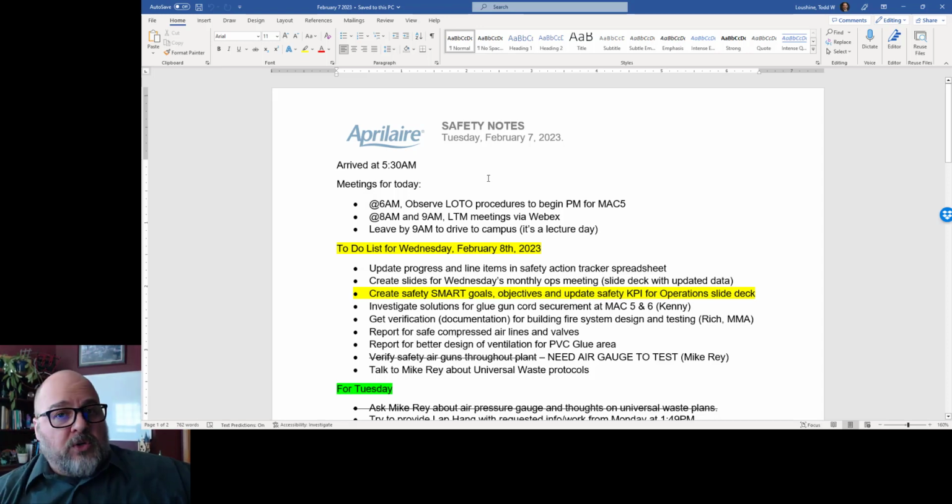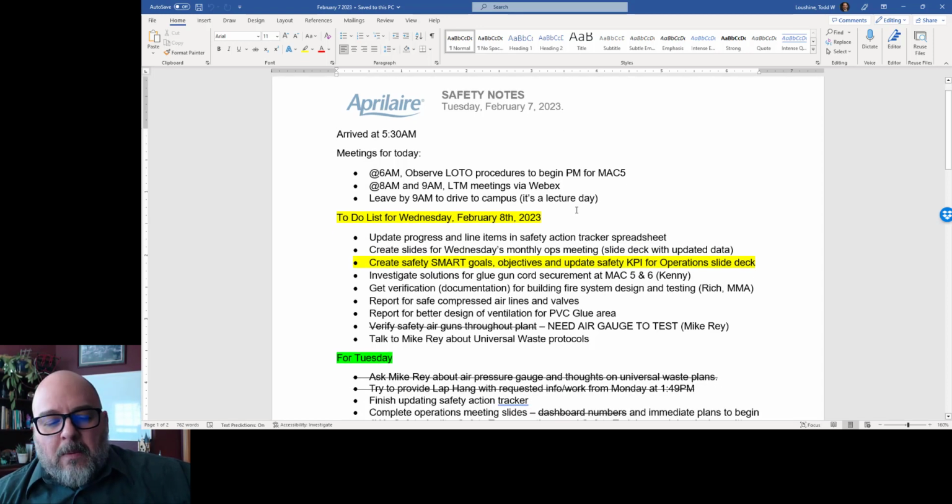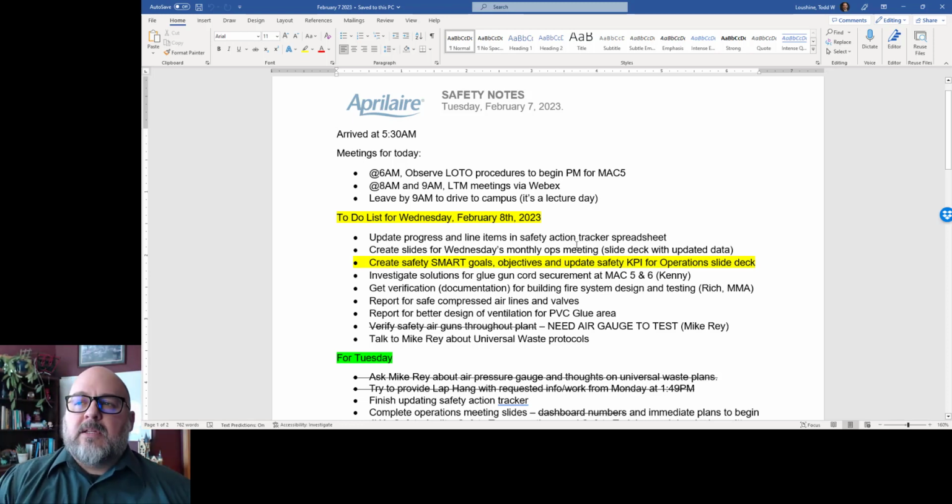So I came in on Tuesday. I don't usually go in on Tuesdays and Thursdays, but this was a chance to observe lockout tagout procedures for preventative maintenance. And now I know there's more work I have to do. Additionally, what kind of blindsided me is the 3 maintenance technicians that were working on this PM shared some of their personal insights on how safety is done at the plant. And of course, I'm interested to hear these things, but it was a little alarming.